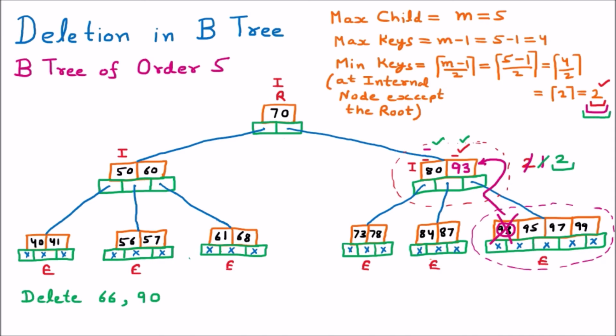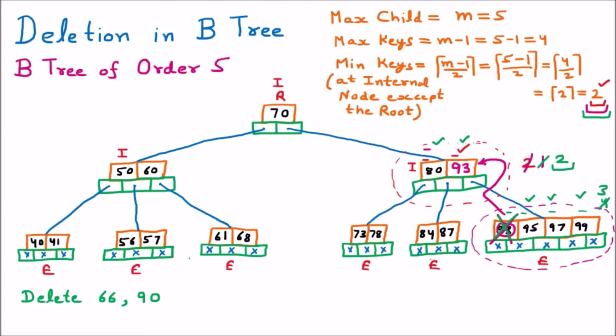And obviously we know that earlier we had 1, 2, 3 and 4 keys in the node, but here the 93 is deleted. That's why now we have 1, 2 and 3, so there are 3 keys. We know that there is no such criteria for the leaf nodes or the external nodes. So there is no problem, we can delete the 93. So we are going to reconstruct this tree.